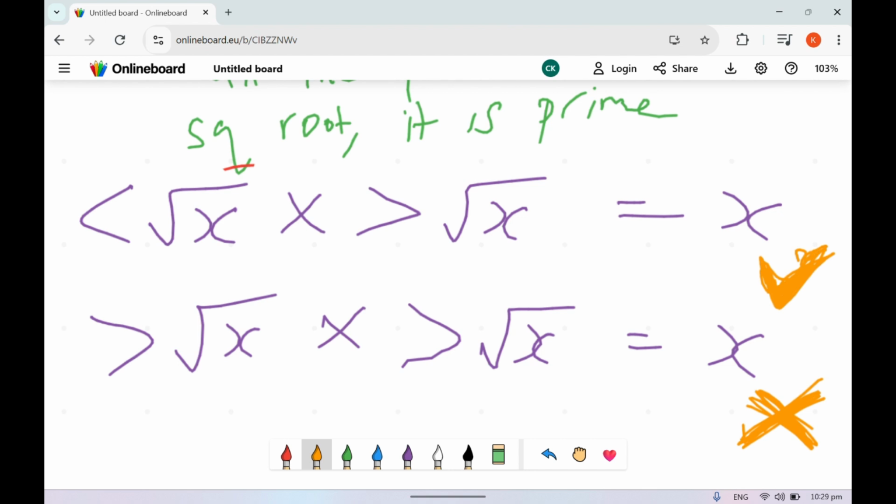Okay. So now, we're just going to fill in the blanks. This means less than the square root of x. Now, if we know that all the primes below the square root of x cannot divide the number, that means there will be no factor like this, right? I'm trying to test for the primality of x. I square root x, I get this.